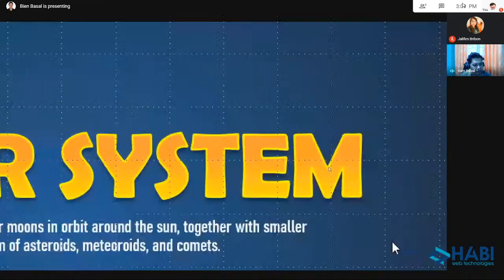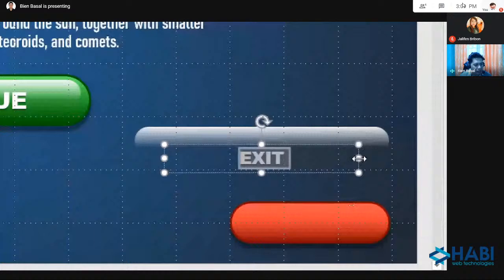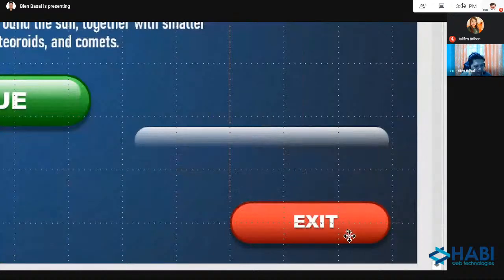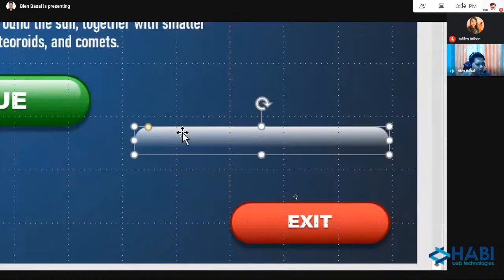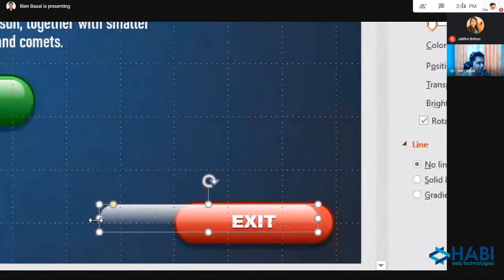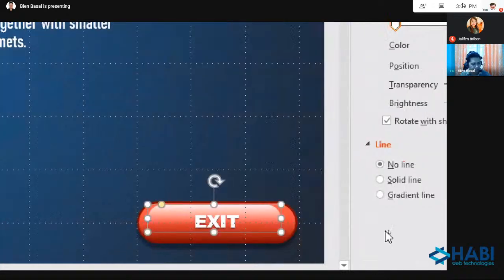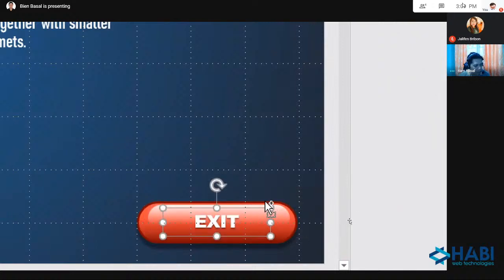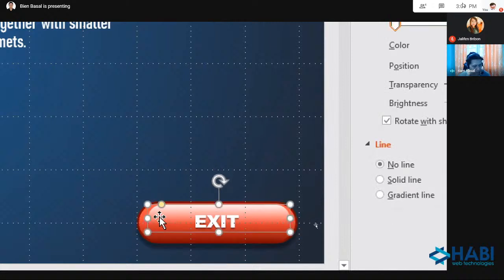Let's check. Okay, I think 18 is good. And I will add po itong aking glossy effect. Okay, I'm adjusting lang po yung shape.